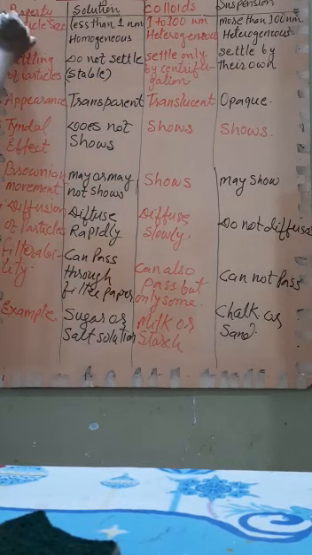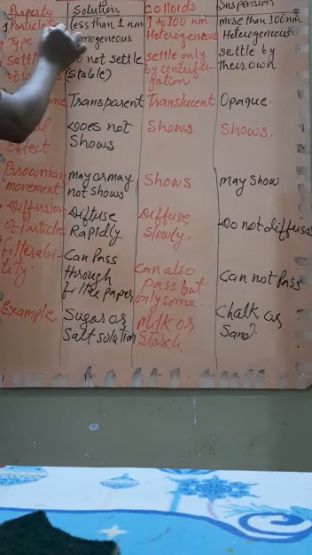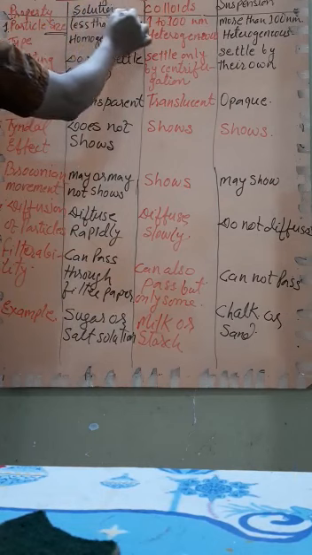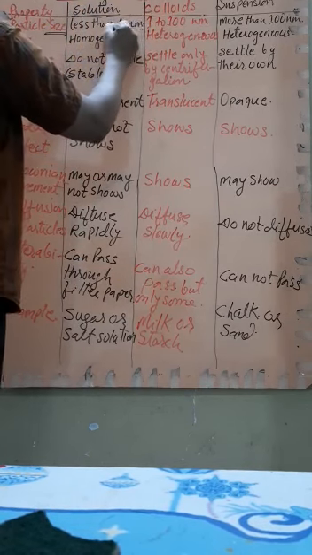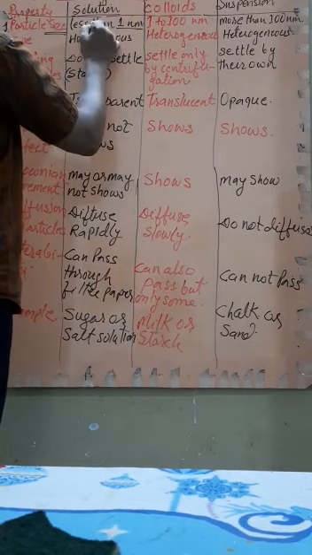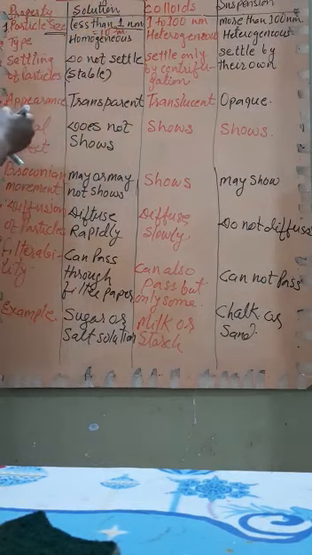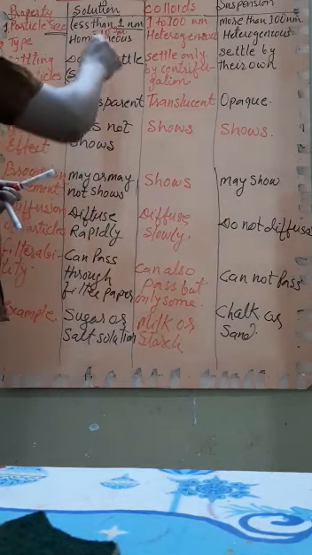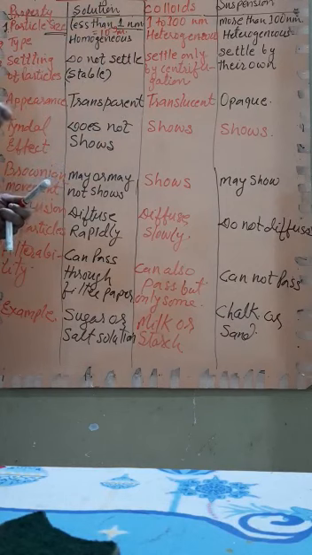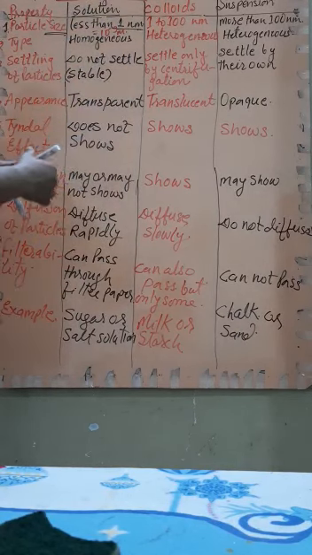Properties. Now the first column is for properties. The first property is particle size, that is, what is the size of the solid particle dissolved in the liquid. In solution, the particle size is less than 1 nanometer. Now what is a nanometer, beta? 1 nanometer is equal to 10 to the power minus 9 meter. That is, it is a very small particle. The size of the particle 10 to the power minus 9 is 0.000000001 meter. This is equal to 1 nanometer.